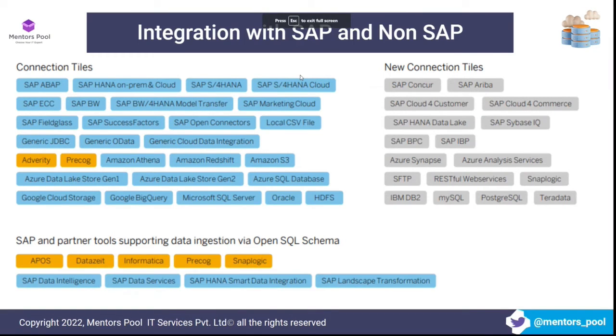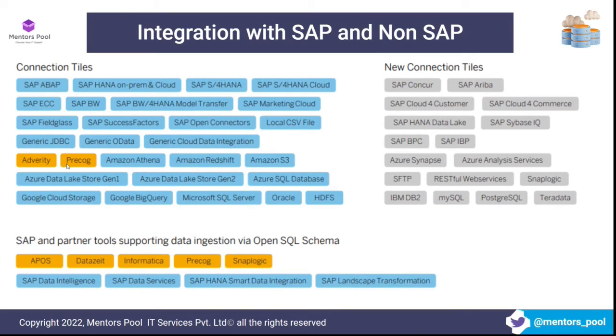Okay, so we talked about Data Warehouse Cloud. We even saw the demo. We saw the first step, which is creating connections, right? The power of the data warehousing tool comes from the integration capabilities it has with the source systems, the different types of systems it can connect to and read data from. Data Warehouse Cloud can connect to SAP and non-SAP sources. Among the SAP sources, it can connect to BW, ECC, and BW for HANA.